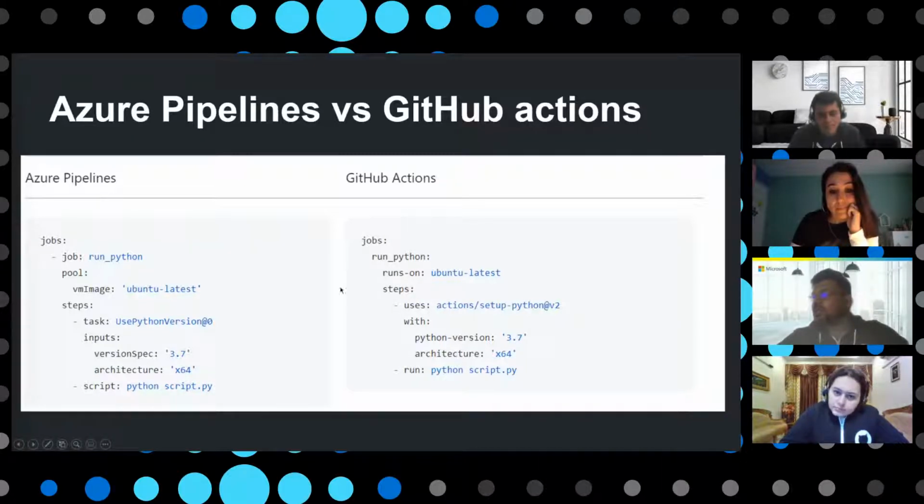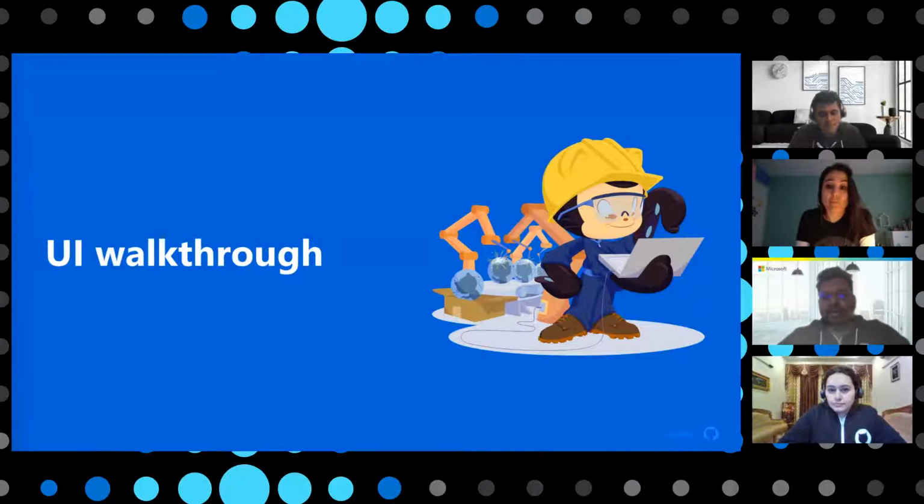Underneath a step it has an action, but in the Azure Pipelines or DevOps world, you would specify it as a task and call the specific task. In the GitHub workflow world, you will use an action and specify those properties. A quick comparison of how Azure Pipelines and GitHub Actions look. With that much theory, let's quickly jump into action and actually see how the workflow files